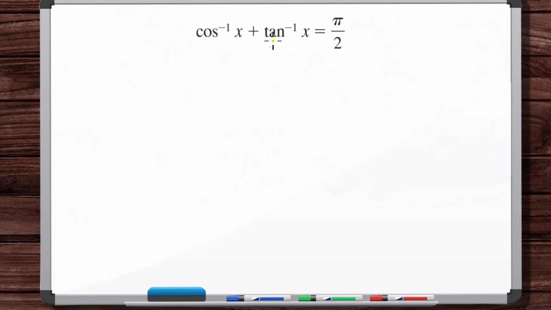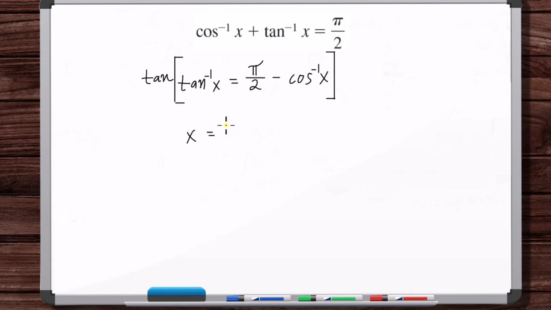Okay, similar type of problem. Let's subtract either one of these inverse trig functions from both sides. So we can do, okay, now let's take tangent of both sides of this equation. So we've got